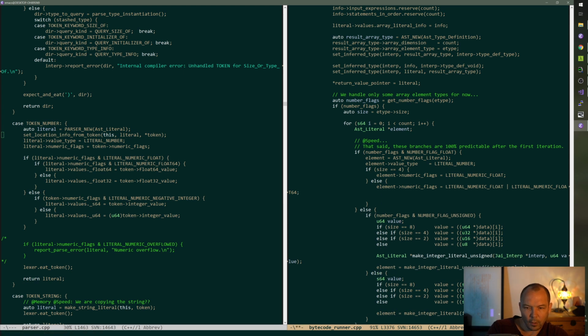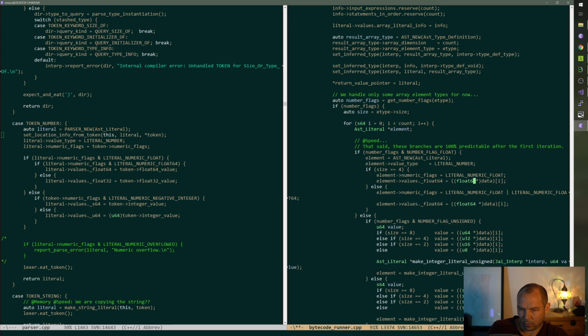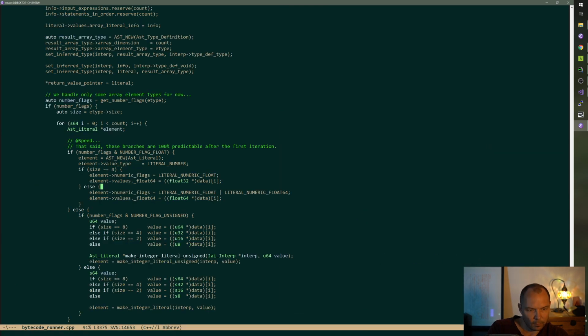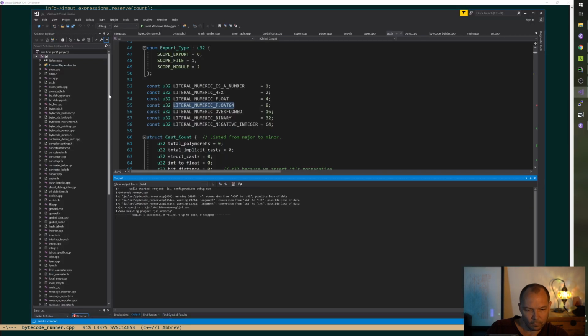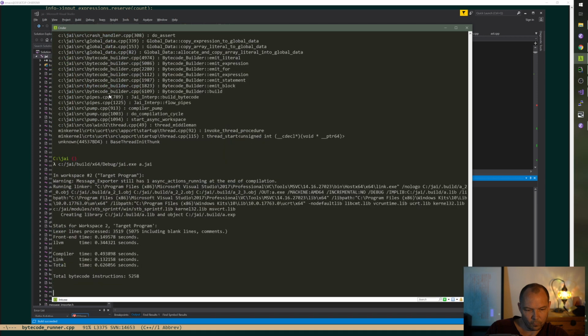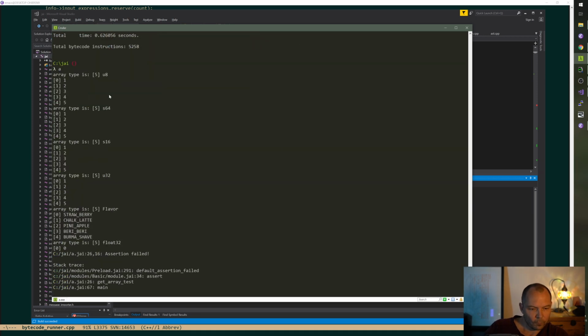So we just do these, and then element values dot float 64 equals just this. Just this. There we go. Uh-oh. Assertion failed.